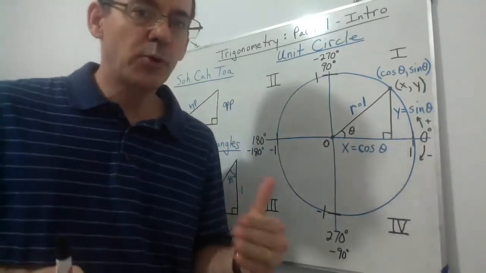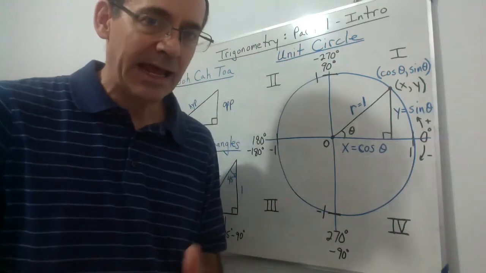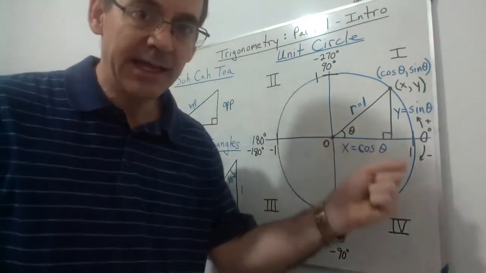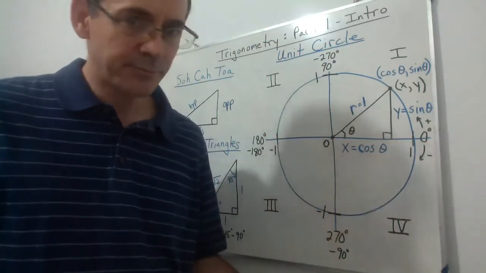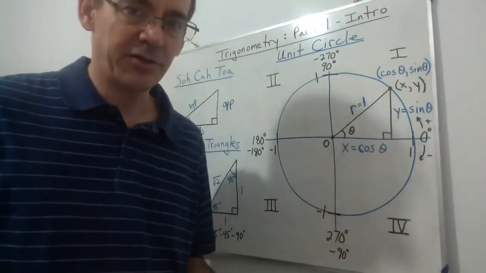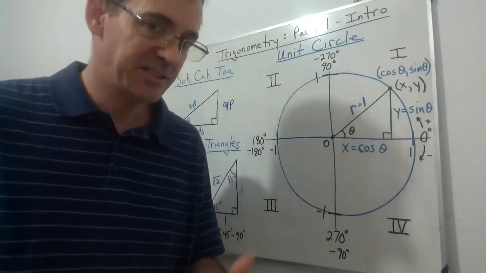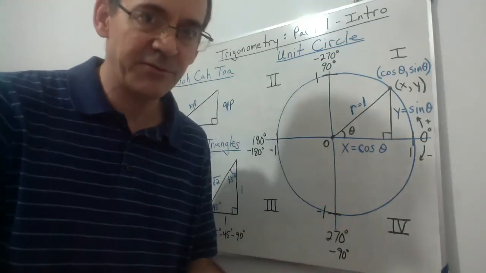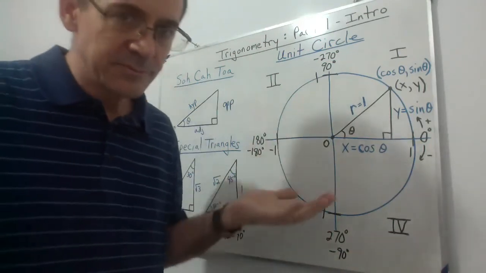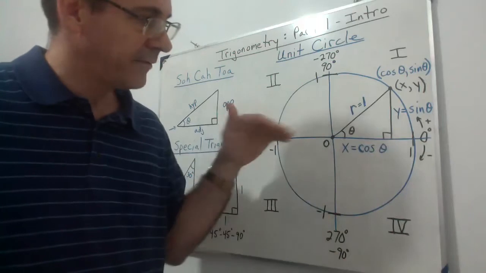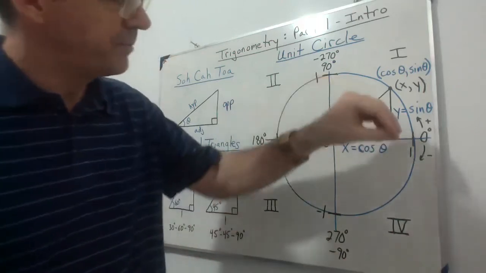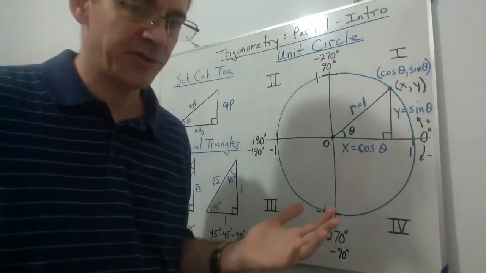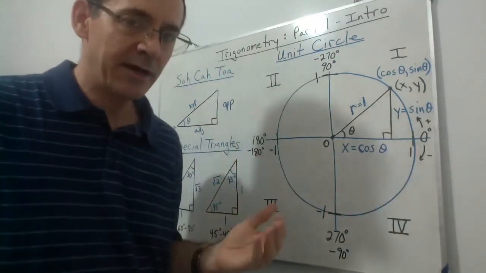Well, there are different ways of measuring angle rotation, just like there are different ways of measuring length. You can measure length in meters, you can measure length in feet, so like the English system versus the metric system. Same thing with temperature, you have Celsius and Fahrenheit. Well, same thing in trigonometry. We have degrees, which is based on a system of 360 degrees in a circle. And you also have what's called